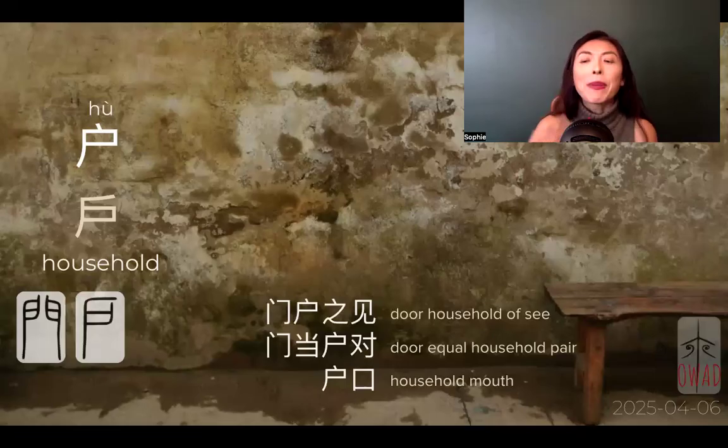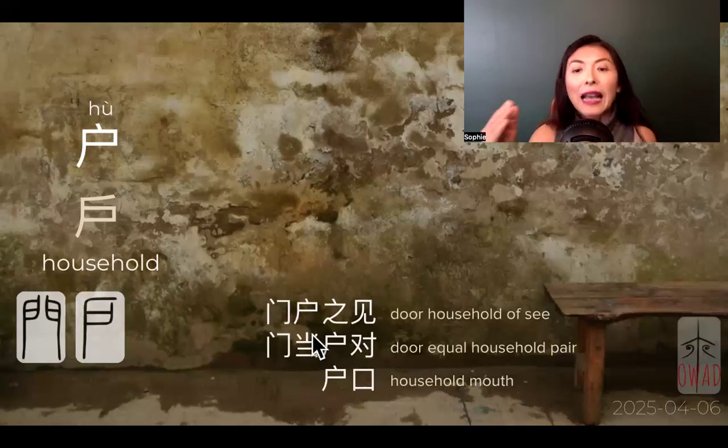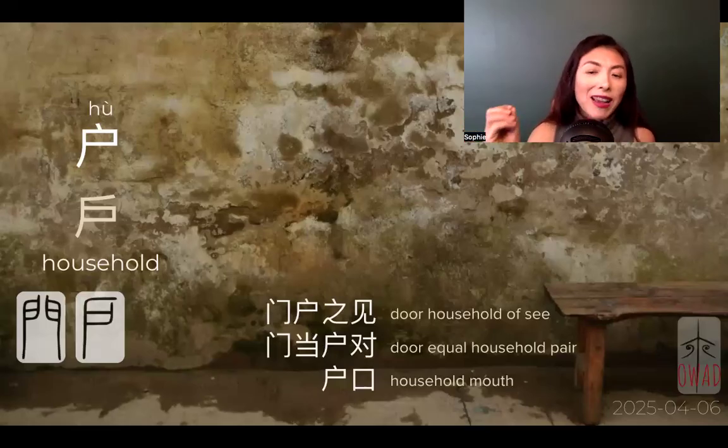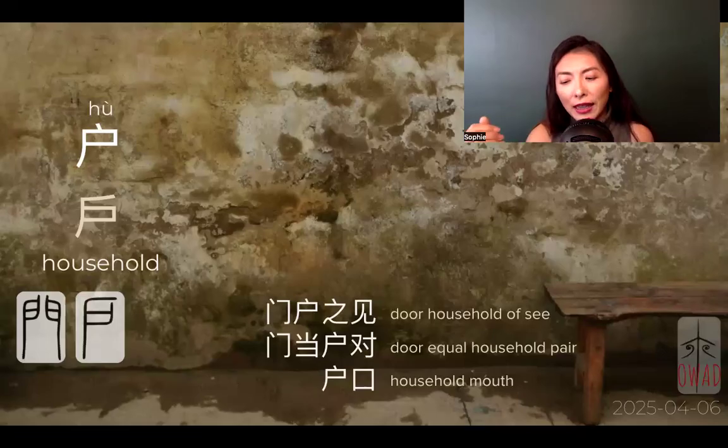But it caused a barrier for me, that I have no way to associate men and hu, and who actually associated this way. Now we know. And because the majority of people have single panel doors, that associates with the management of the people, or the registration or census of people. So hu eventually extends to this household, the English equivalent for household, or the registration of one unit of family.